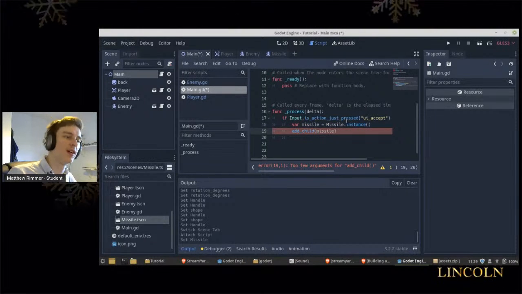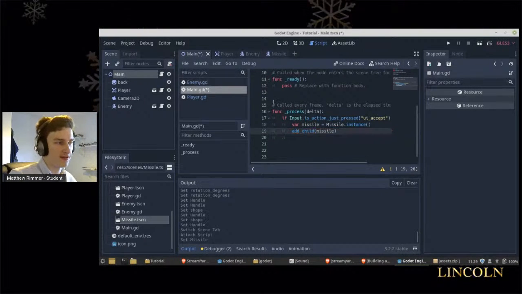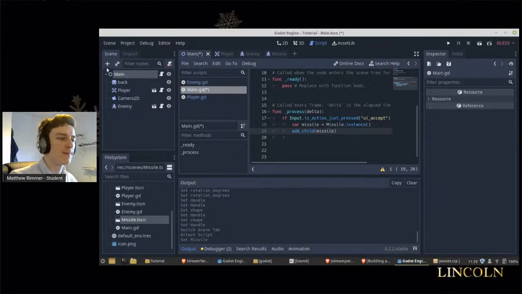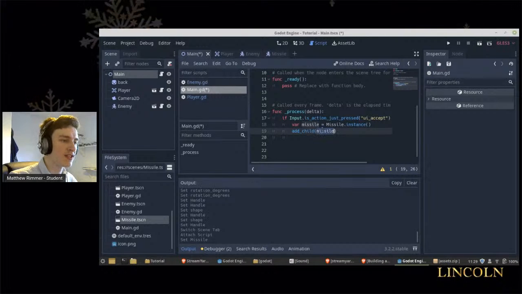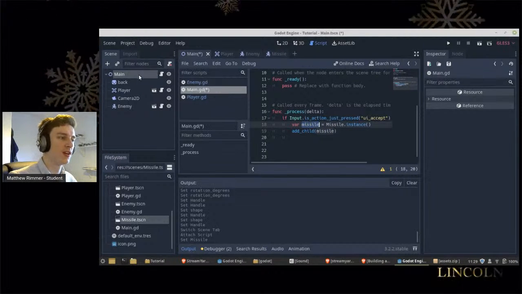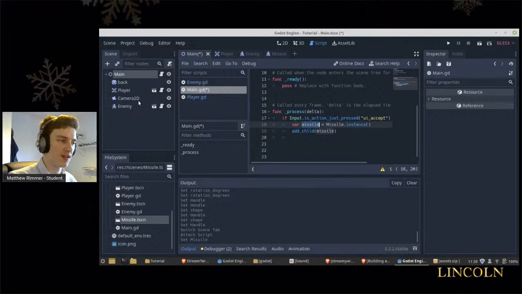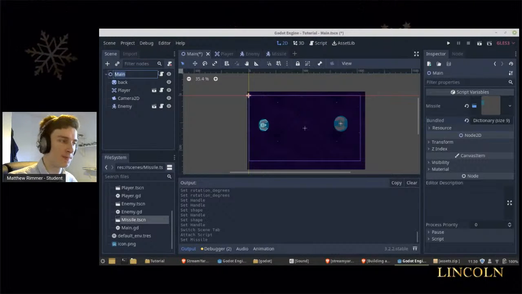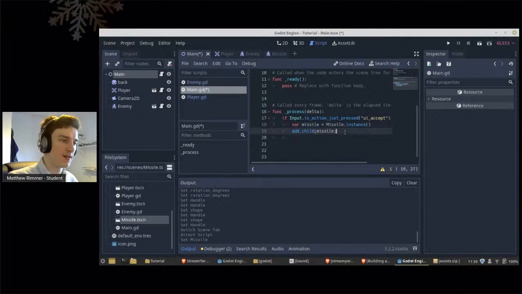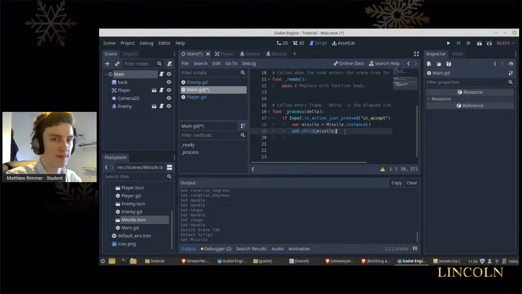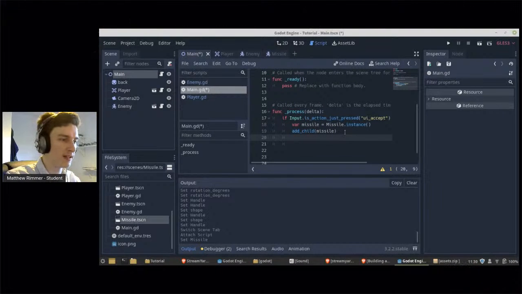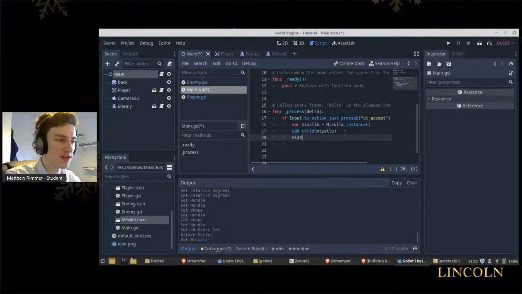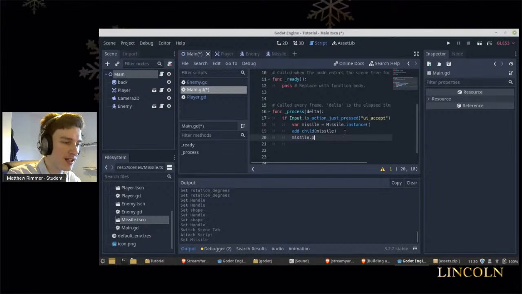So add_child. Since we have this script attached to main here, this will add the missile that we've just instanced to this scene tree as a child of main. You'll see shortly. We want to set the position of this missile to the same as that of the